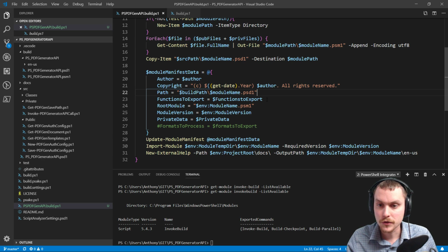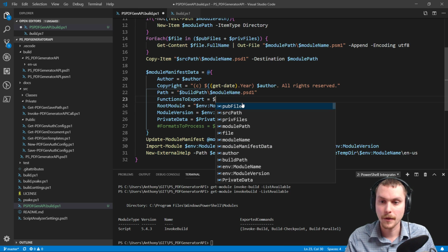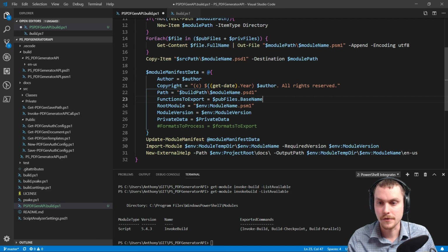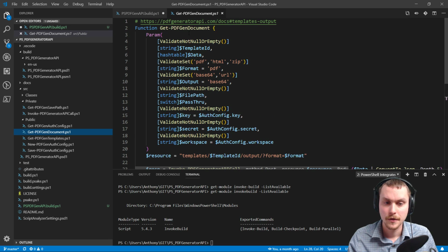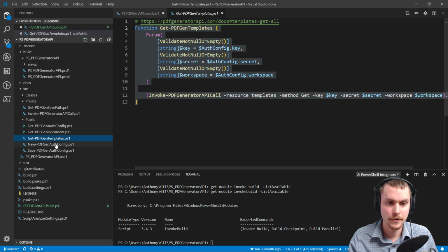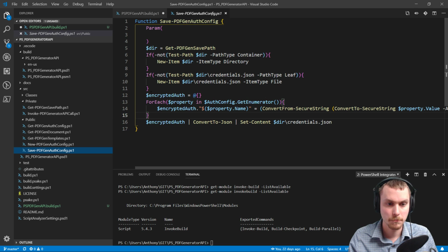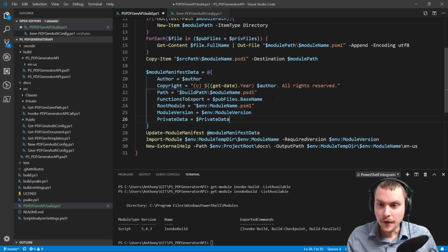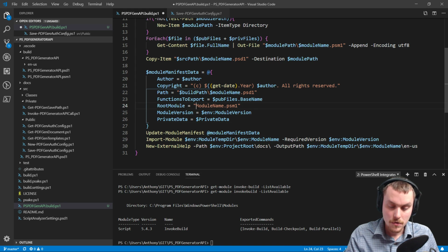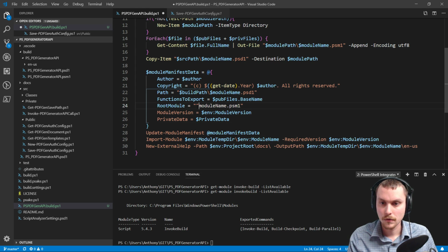Okay, so functions to export equals, so I've got my pub files base name, so because all my functions should be the same as the pdfgen document. Yeah, they should all be the same as the file name. Okay, beautiful. So I did actually follow that. Good. We don't have any formats. Okay, so root module equals module name.psm1. Yes. Oh, there you go. Module